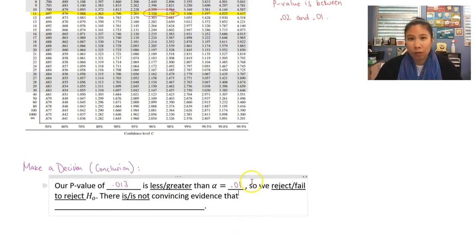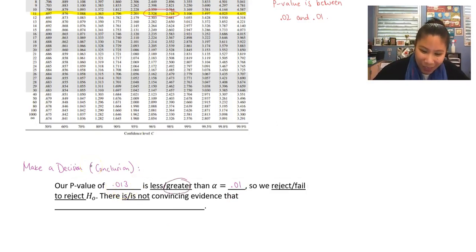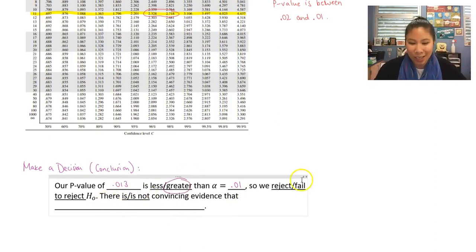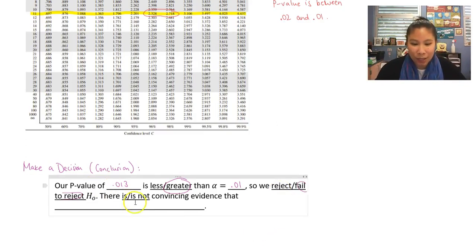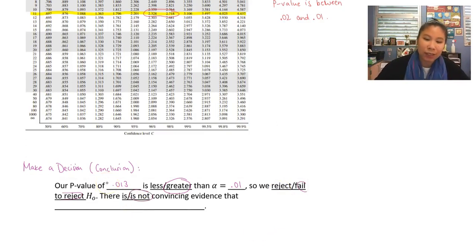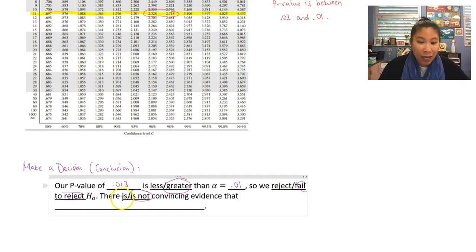Okay. So 0.01, remember this kind of goes with a 99% confidence. So if we're going with super confidence, then we also need a really low p-value in order to make sure we can reject our null hypothesis. 0.013 is greater than 0.01. So we don't get to reject today. So we fail to reject our null hypothesis, which means that there is not convincing evidence that